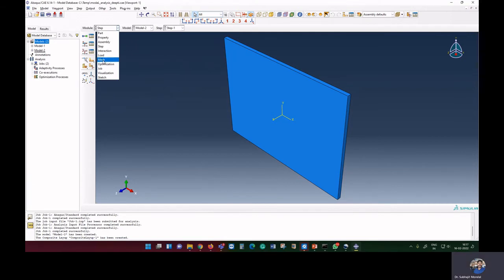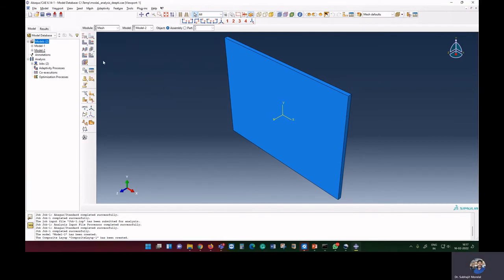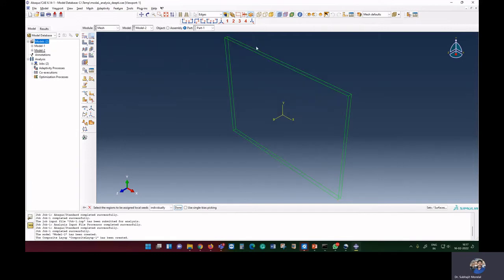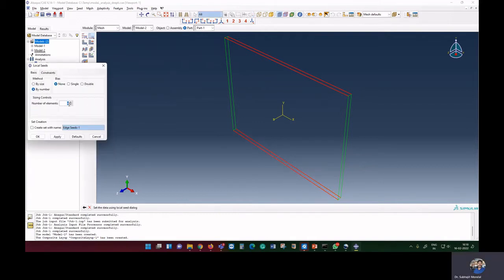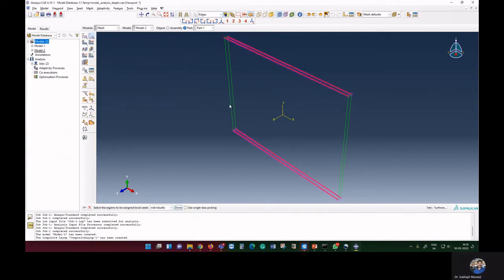Okay. Now what we will do, we have to go for meshing, and then we have to submit the job. So here we'll go for the meshing. So meshing here we have to do in the part. Just select here, and then we select these options to make the wireframe. Now here I will select the edges 1, 2, 3, and 4. I define 80 elements on the longer edge, and here I will define 60 elements